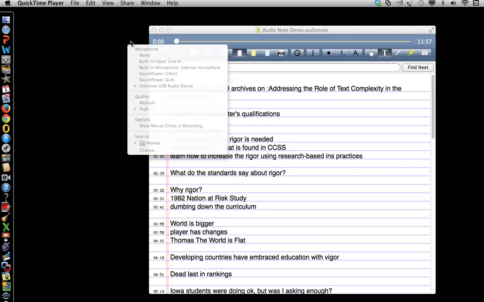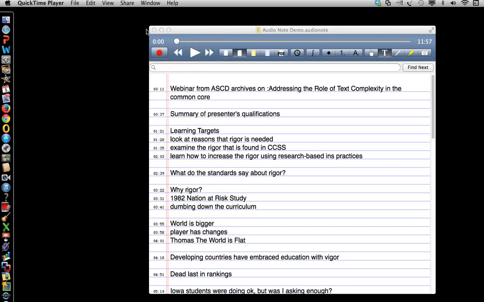When I do that, I have to make sure that I have all of these switches thrown so that I have my speaker on the right selection. And I want this to be a high quality screencast, and it's going to save it in my movies. So when I'm done, I want to know where to look for it. Okay, so now that we've gotten through that and I've made sure that I've got my microphones done,